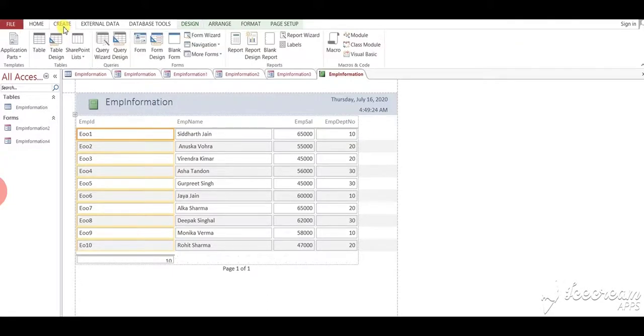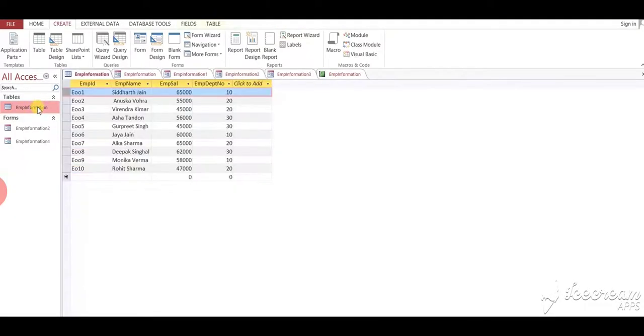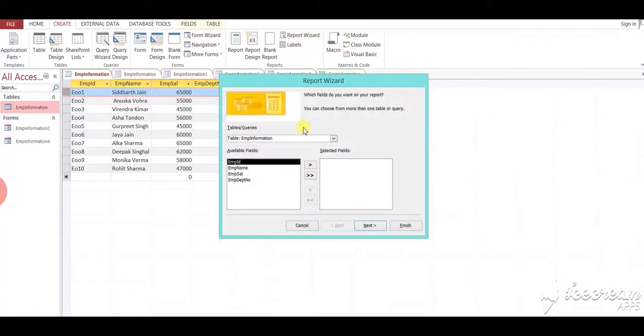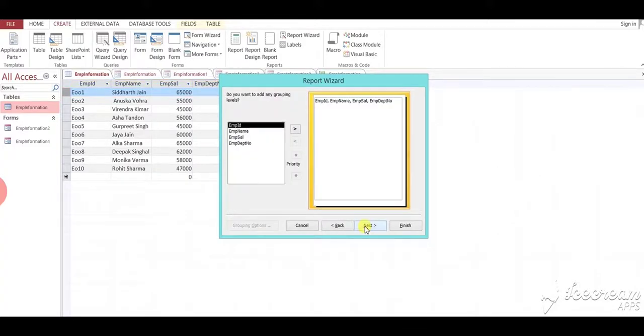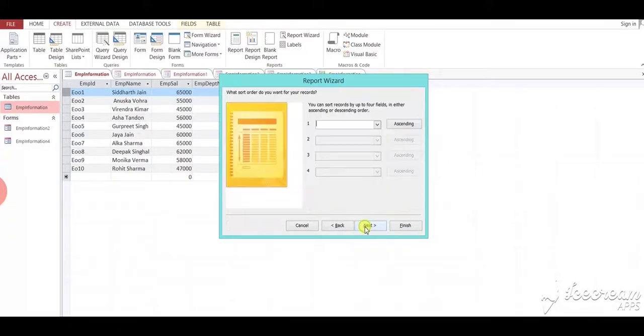Now the second one: again open the table, then Create, then in the Reports group select Report Wizard, then select all the options and insert them, then click on the next button, then click on the next button.